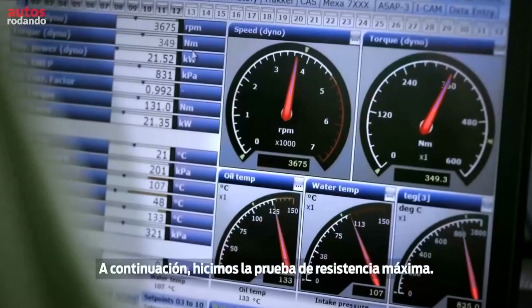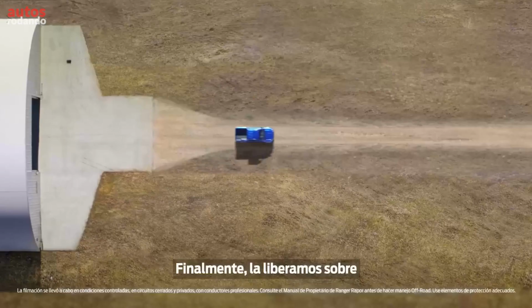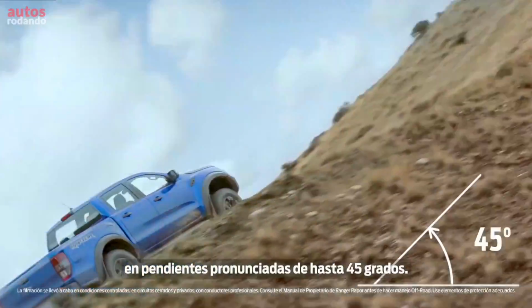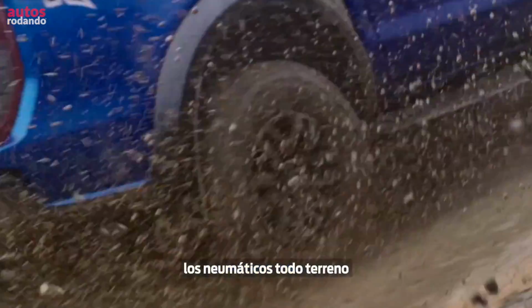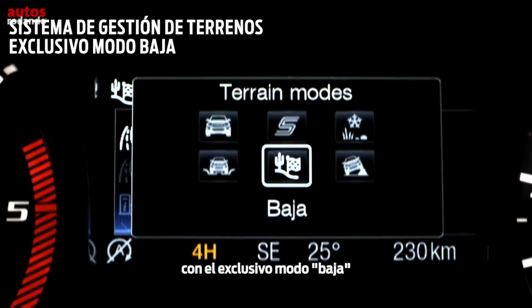Next, the ultimate endurance test, full throttle for 18 days straight. Finally, it's unleashed on sand, mud, rock, and gravel on climbs as steep as 45 degrees. This is where dynamic stability control, all-terrain tires, and a terrain management system featuring the exclusive Baja mode come together